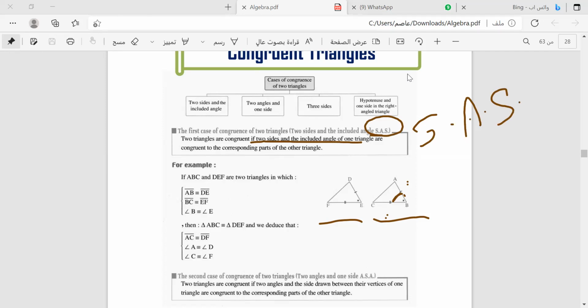SAS, side angle side. So the first case of congruent of two triangles: two sides and the included angle. The second case